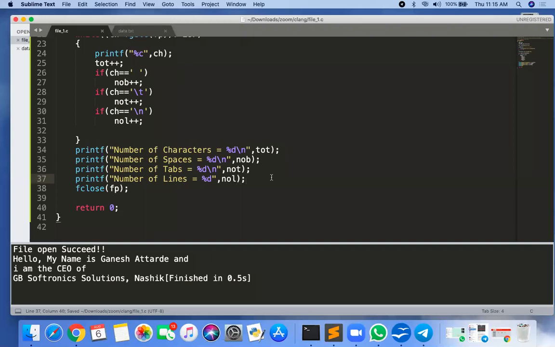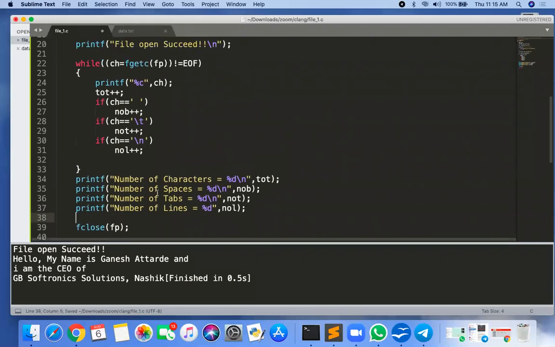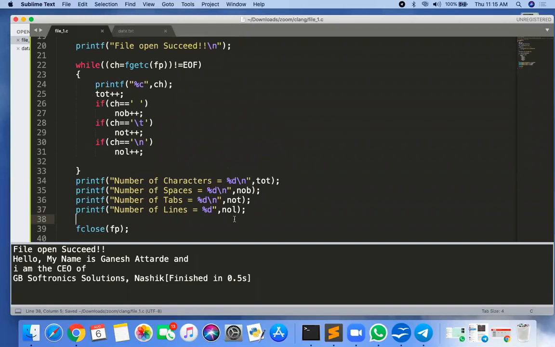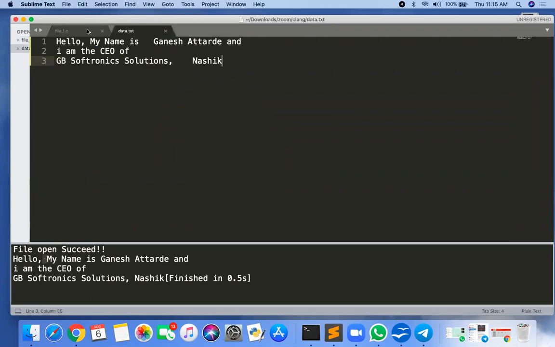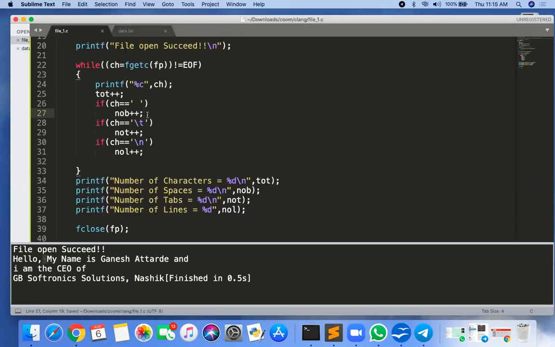Okay, number of lines, and then after that fclose(fp). So total number of characters, actually I'm not going to count here, but the number of spaces I can count, 1, 2, 3, 4. Okay, so let it be. First we will check the output, then after that we will verify the output.